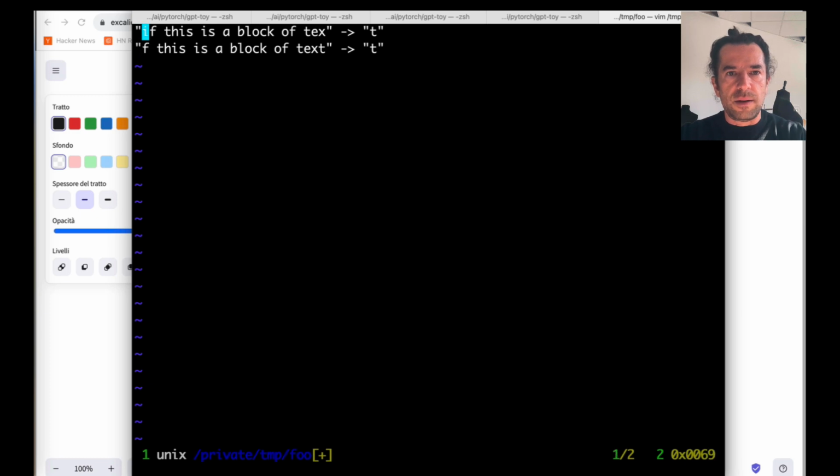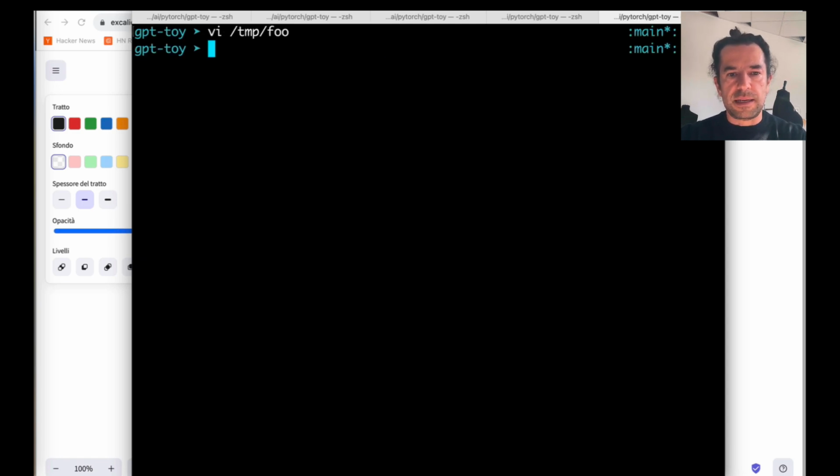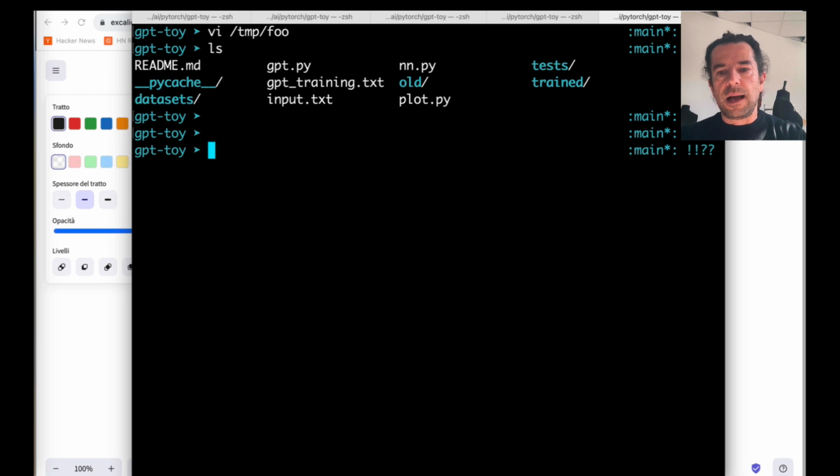I remove the first character of my input context and add the prediction, and then I want to predict another character, and so forth. That's the idea.